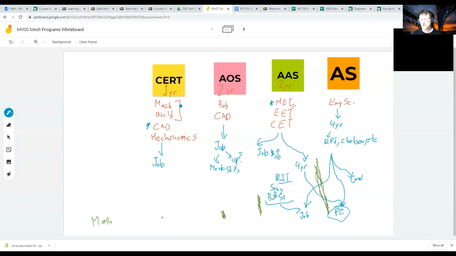You've got to do a lot more studying because you didn't cover that stuff in your first 4 years, but it is still a thing. And you can't do consulting by yourself unless you have a PE. So that's why a lot of us go and do that. So this is the basic idea of what MVCC offers. And let's make a nice green for MVCC,